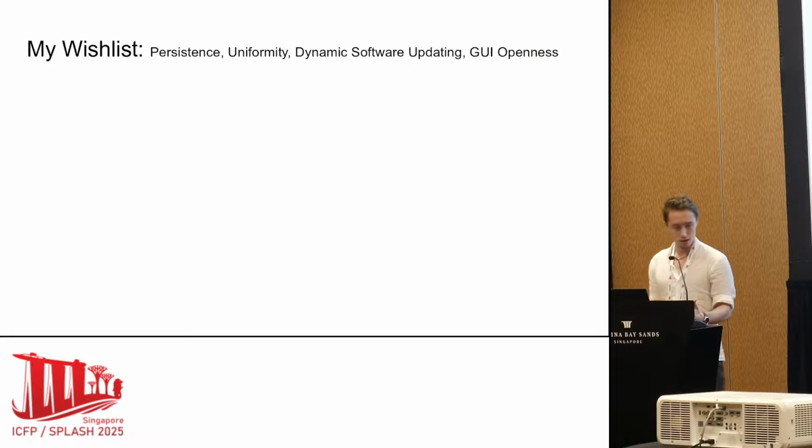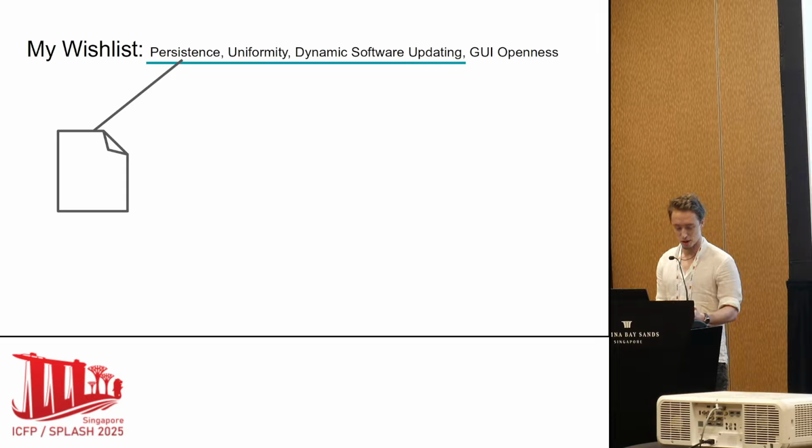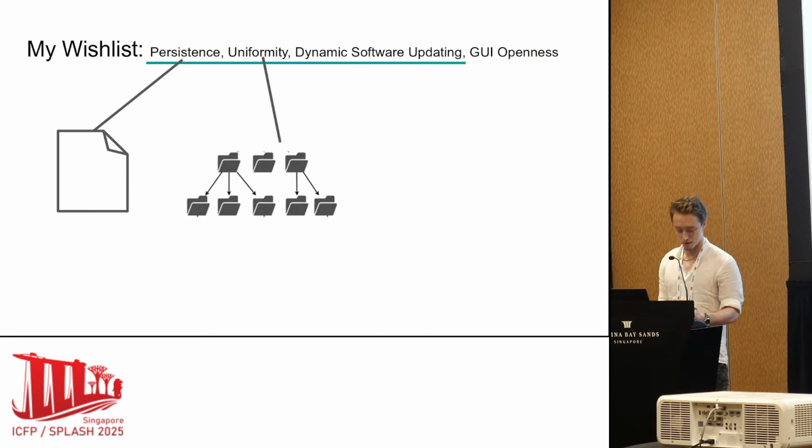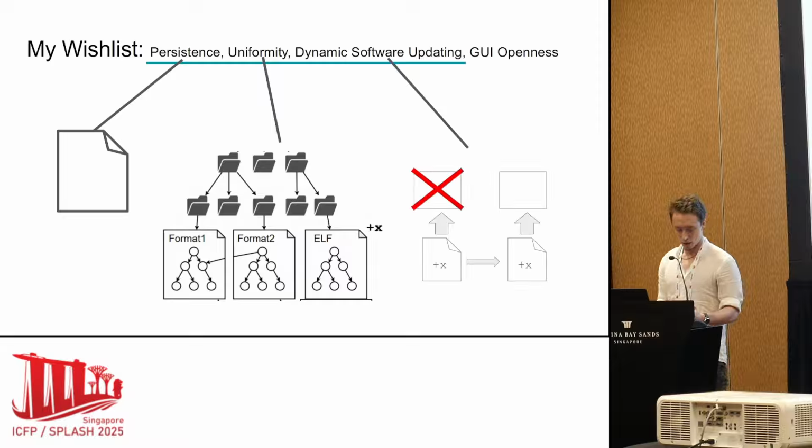Now, when Stephen Kell talks about his wish list, he goes on to notice that Unix actually has a great deal of the features, but not in a fully realized form. Similarly, when I followed in parallel and looked at my wish list, I saw the same thing for 3 out of the 4 items. Unix files are already persistent, and programs can read and write them almost as easily as process memory. There's only one type of directory, and it's used to uniformly structure the file system, at least until we get to the data files. And a running program can be updated as an entire unit without having to restart Unix.